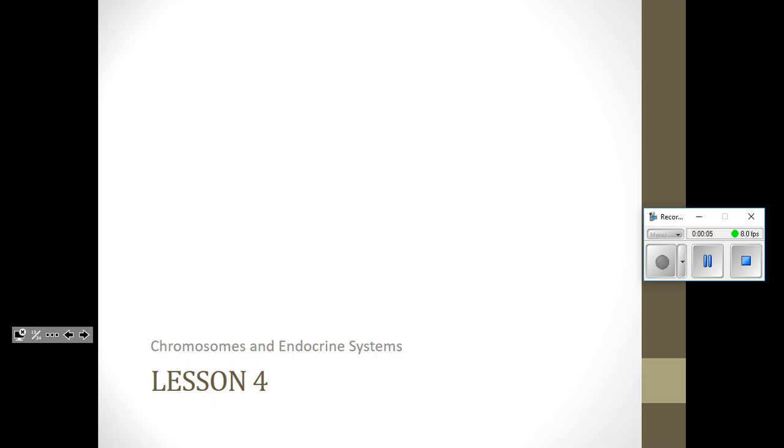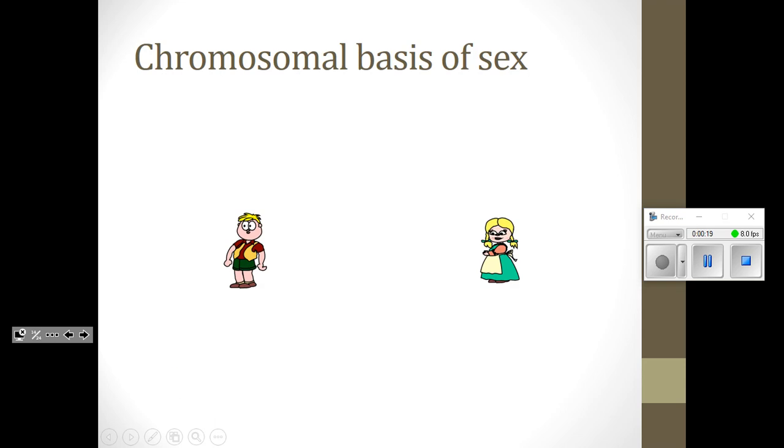So folks, today we are going to talk about, we'll remind you of some things you know about chromosomes, and we'll add in the idea of how your endocrine system plays a role with reproduction. To start with, I just want to remind you that someone who is male genetically has an X and a Y chromosome, and someone who is female has an X and an X chromosome. Now, did you know that until about 7 weeks of development, male and female embryos are basically identical?